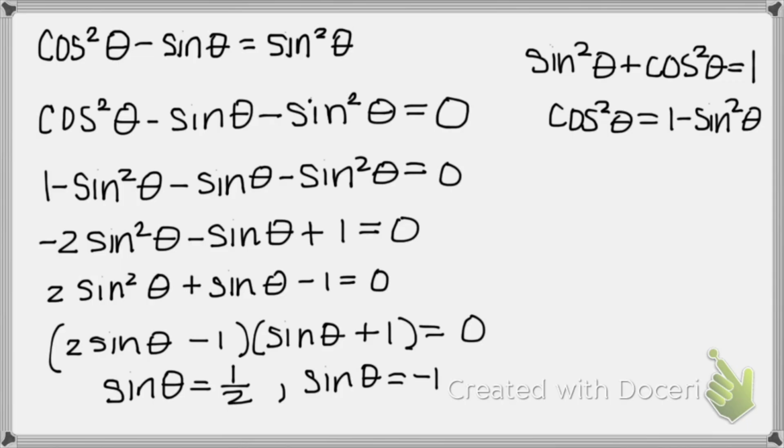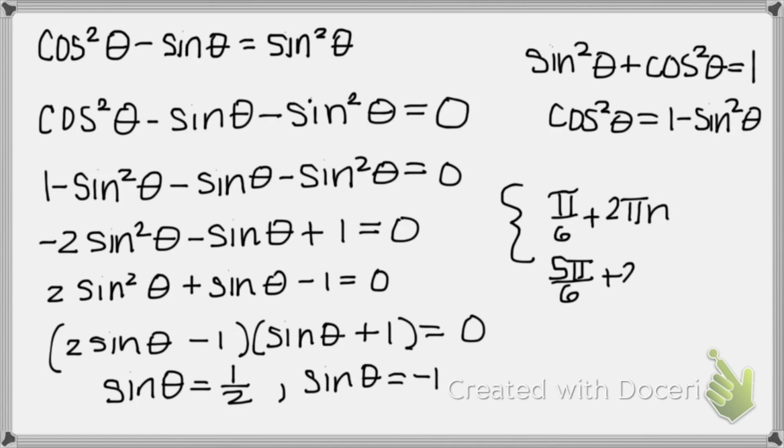So that's a y coordinate of 1/2. That's happening at pi over 6. I'll put it in set notation here. Plus 2 pi n. That's happening at 5 pi over 6